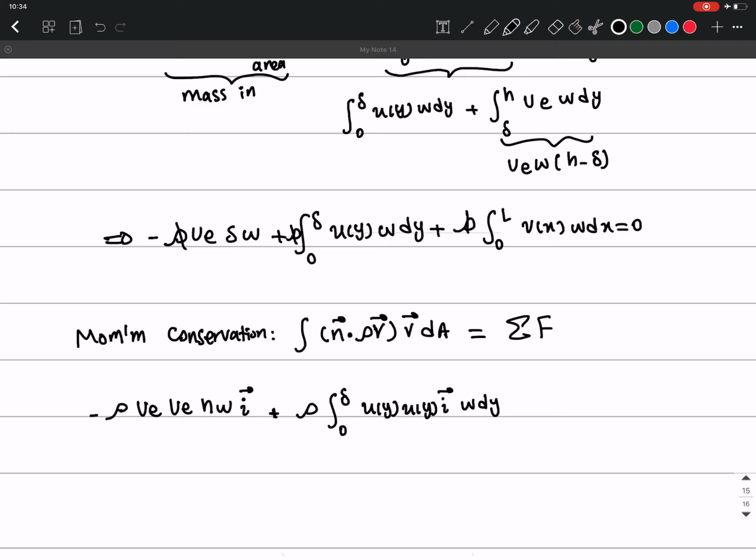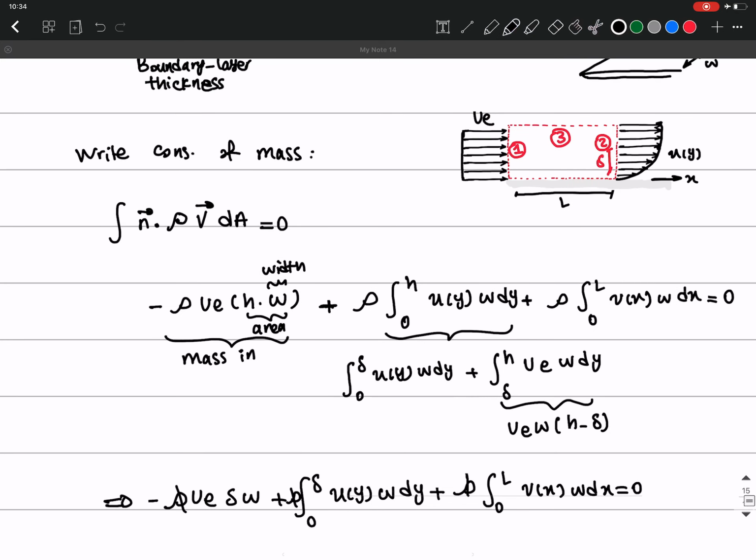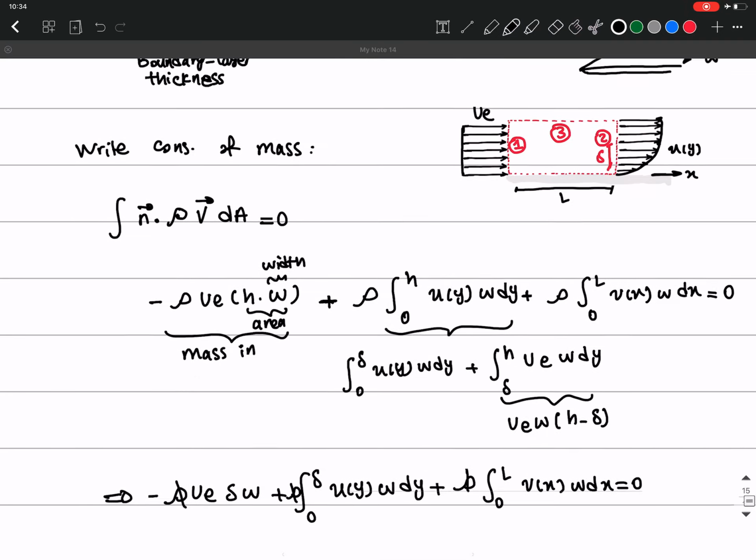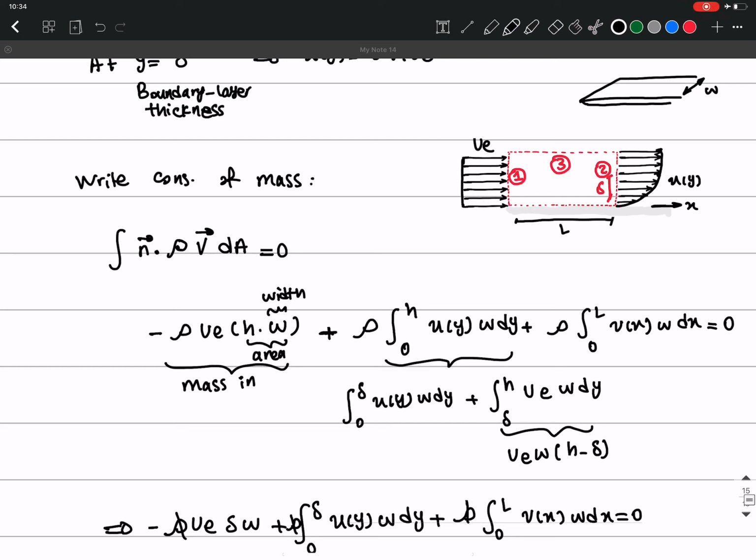So this is going to be the area. And then the second part is rho from delta to h, where ue is going to be constant here, right? So it's just ue, the velocity is just ue. So ue square w dy. And then plus, the other thing I have is